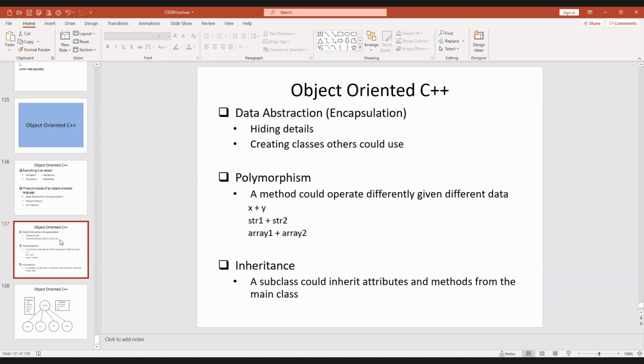And that's what data abstraction or encapsulation is. You don't have to specify all the details of your class as long as you give the API of your class: hey, these are the functionalities of this class. This is what you need to do in order to use this object. These are the things that you could do. That's good enough, right? So this way, you write the code, and the actual implementation of the code is hidden. You control that, but others